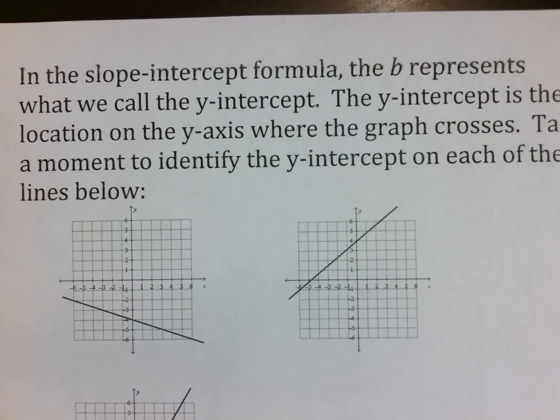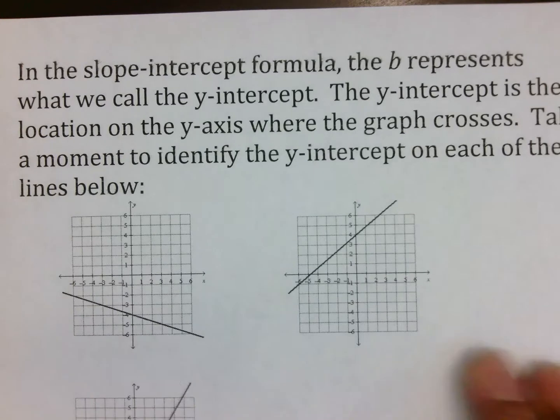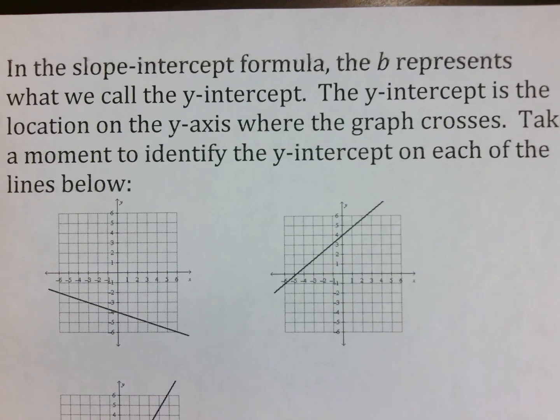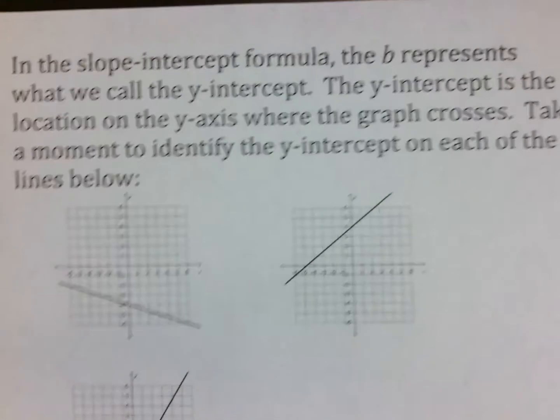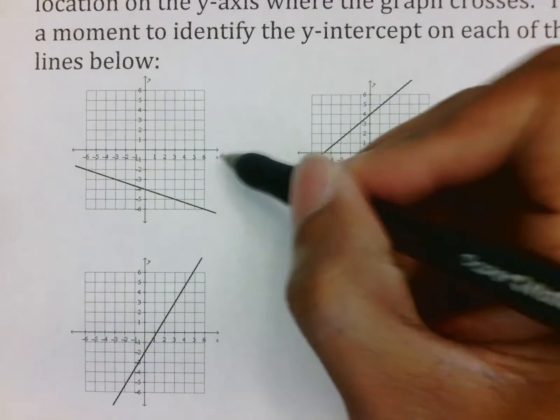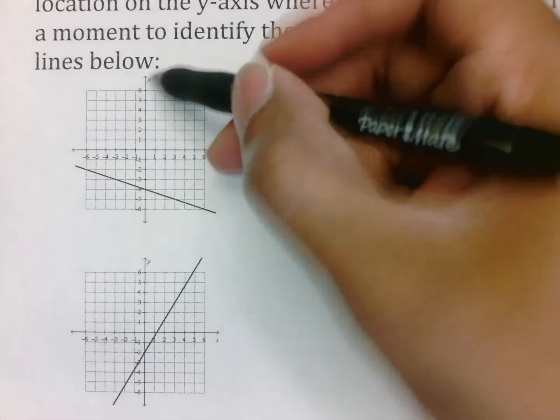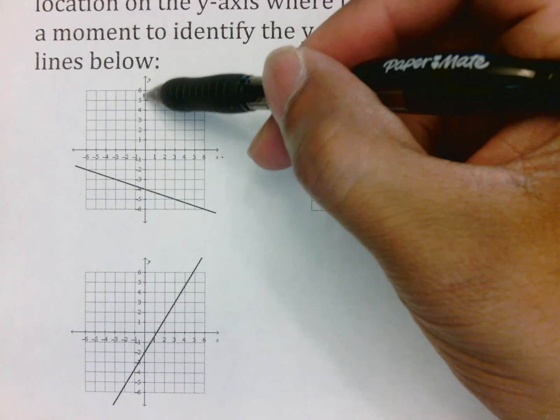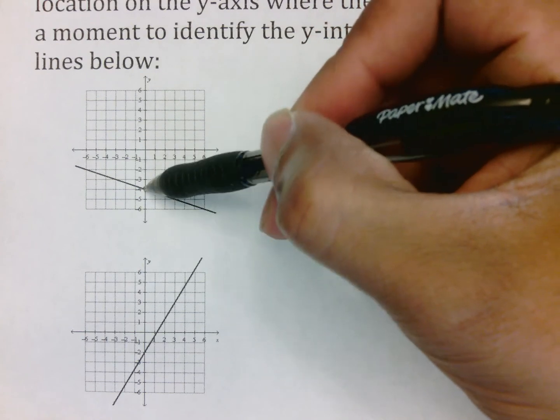In the slope-intercept formula, the b that we talked about represents the y-intercept. The y-intercept is the location on the y-axis where the graph crosses. If you just take a moment with me to identify the y-intercept on each of these lines, you'll see it's actually not so hard to do. Again, when you think about it, the x-axis is here, the y-axis is there. If you want to know the y-intercept, you simply go on the y-axis till you find the number where it